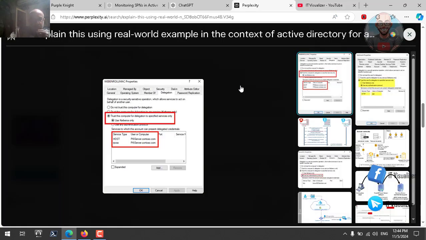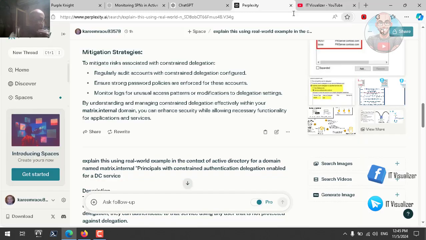If we go and see where this delegation is done, we can see it is done through the properties of the computer or the user account or the service account. Then we can choose trust this computer for delegation to a specific service. You can use the Kerberos authentication protocol as your means to talk to the domain controller, so you can authenticate using Kerberos or any other protocol, but this is less secure. You need to make it Kerberos, and you are defining the service that you will talk to, maybe a SQL database or any other service. So this is the answer of